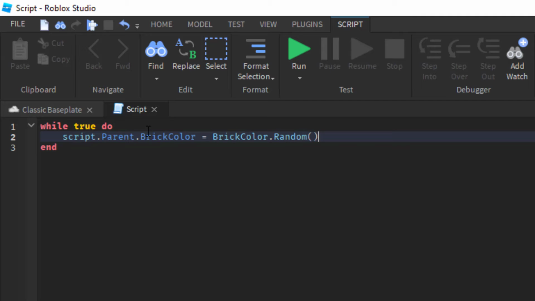But it would go so fast that the game would crash. So we need to add a pause to our script. We're going to tell the script to wait a little bit before it loops over again. So you can select how long you want the script to wait before it loops again and changes to the next color. Hit the Enter key to go down to the next line,